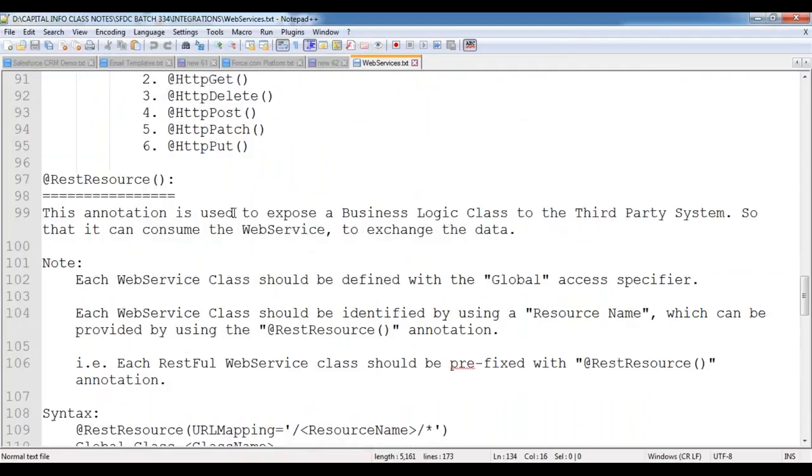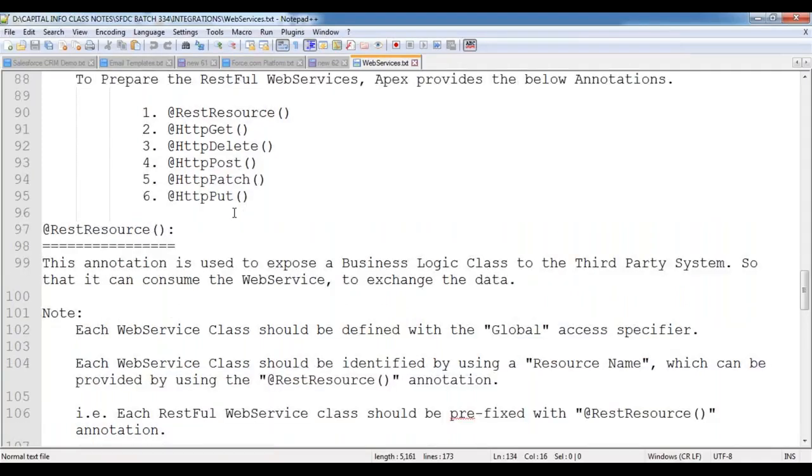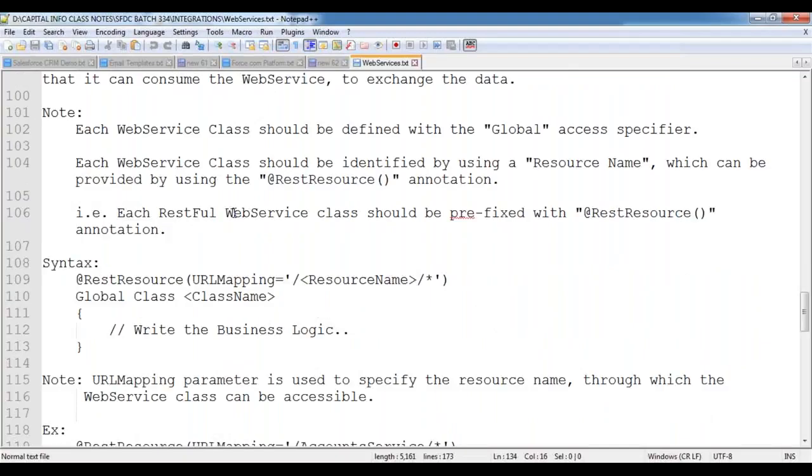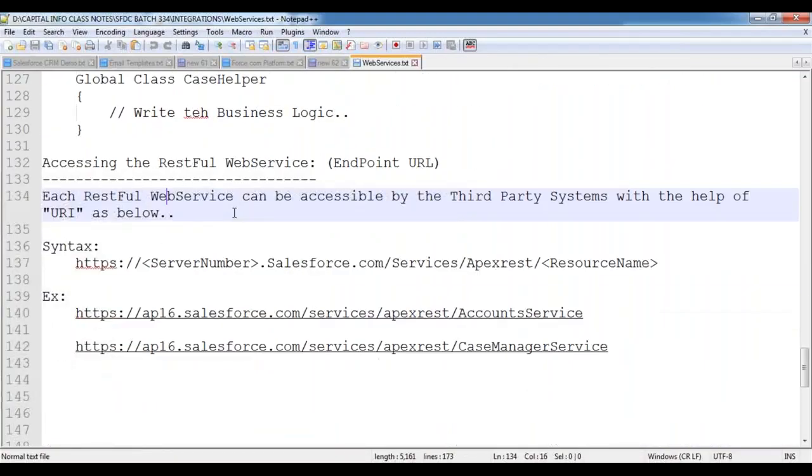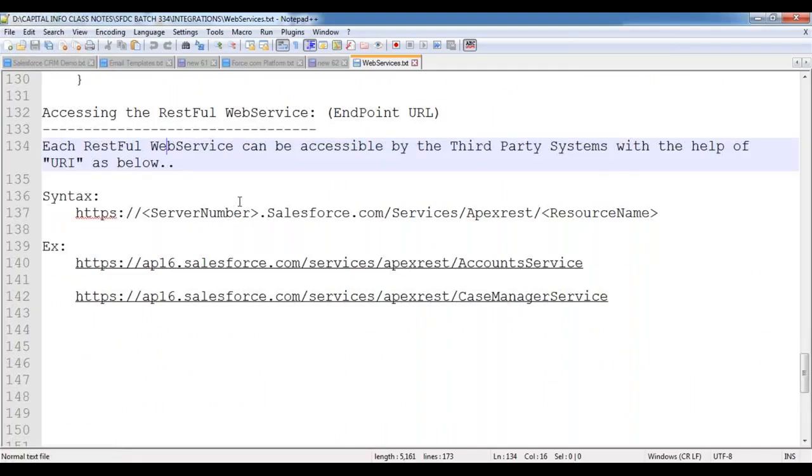We discussed how to create RESTful web services in Salesforce, how to specify the resource name for each web service by using the @RestResource annotation, and how to access that resource by using a URI, which is also called an endpoint. Now today we'll see